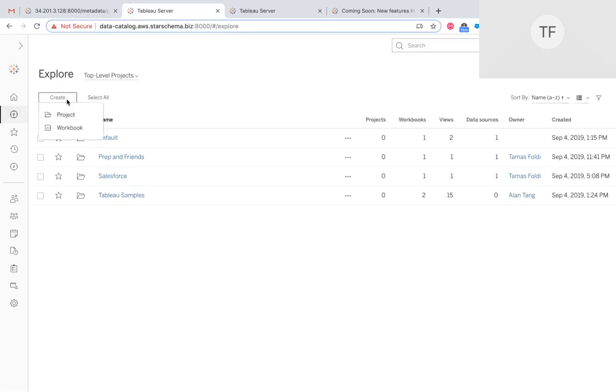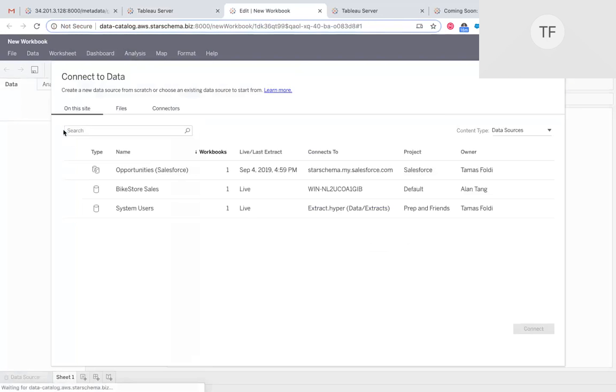So let me create a new workbook directly from the Tableau server using web authoring. So just create a new workbook. And now, instead of the old way to define the connection and giving the credentials, I have this new connected data dialog. So what can I do? This is the typical way. These are the data sources published on the server. Nothing interesting here. But if I go to the right